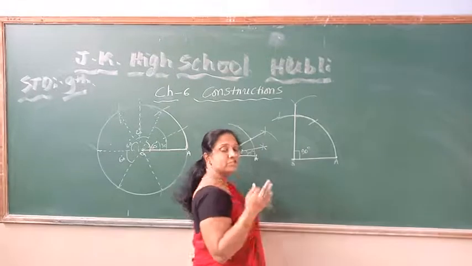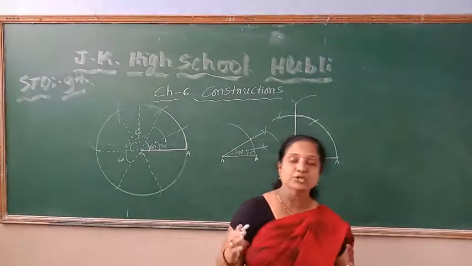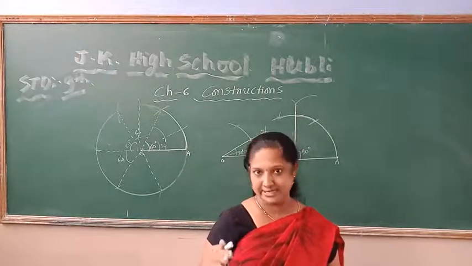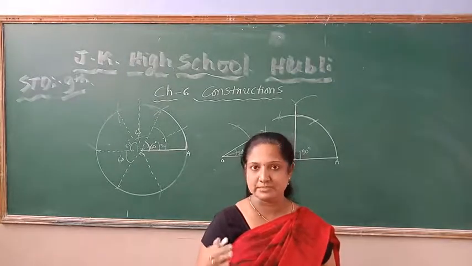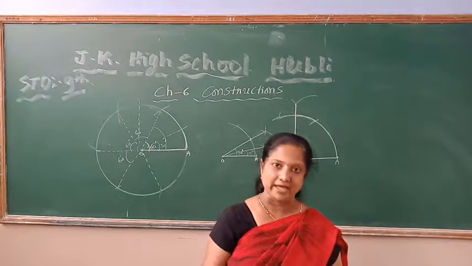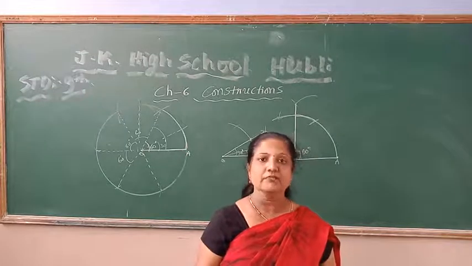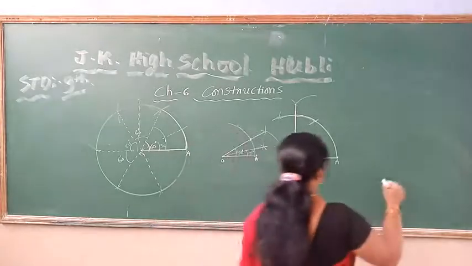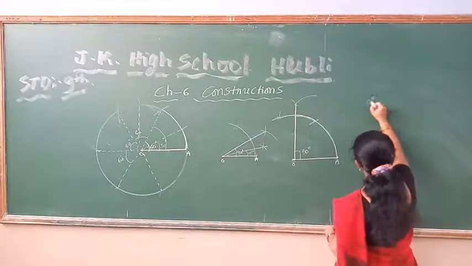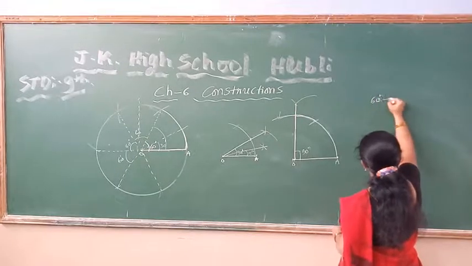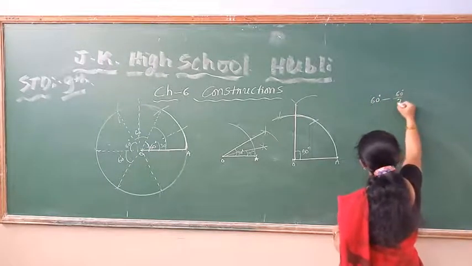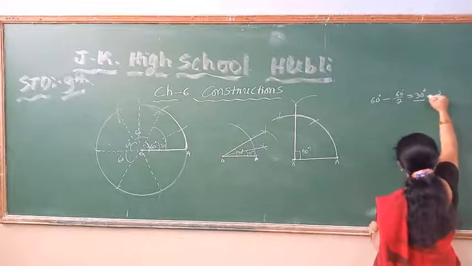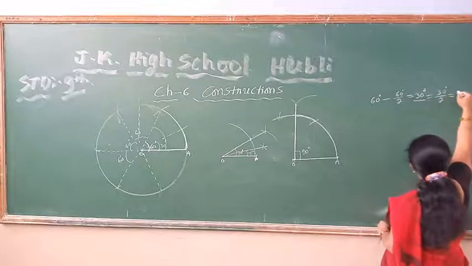In this panel, which angle you want to bisect, you should observe properly and you have to bisect that angle by using the angular bisector steps method. So already I explained for you how to bisect the angle. By using that method, we can construct a 30 degree. Which angle you want? So first 60 degree you want. Okay. If you bisect the 60, you are going to get 30 degree, children. So if you bisect this 30 degree angle, then you are going to get 15 degree.